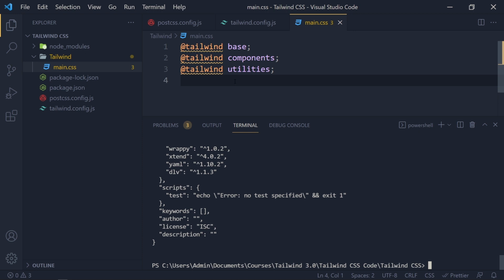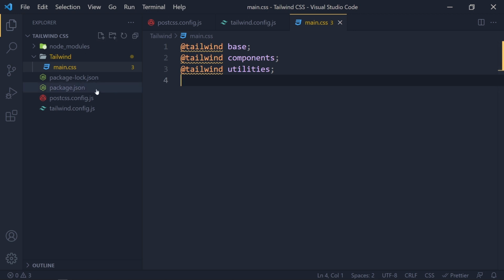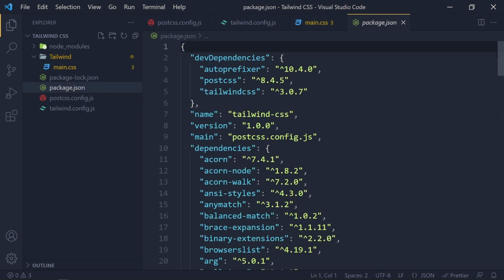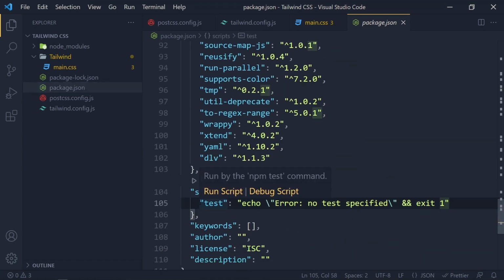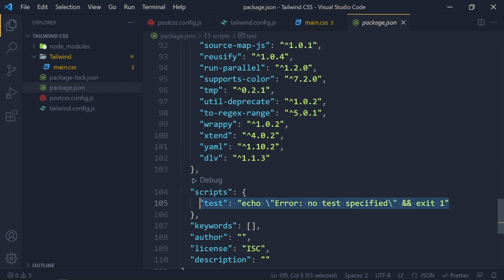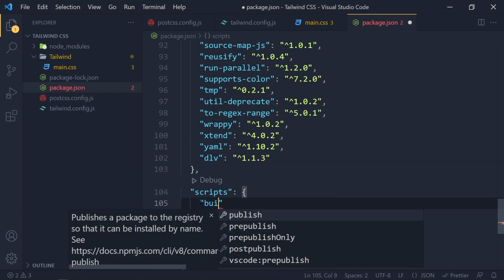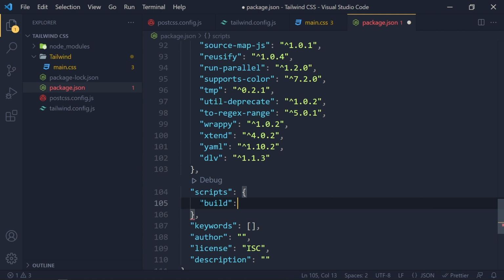After that, we need to add the script in the package.json file for generating Tailwind CSS. So open the package.json file and scroll down to the bottom, and in the scripts object write build: in double quotes tailwind build -i